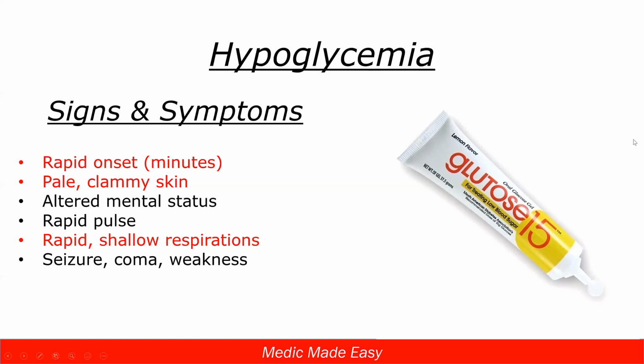So rapid onset, cool, clammy skin, and more likely you're going to see rapid and shallow. Specifically, the shallow is kind of the key word here for us, rapid and shallow respirations. You see those things, even before you get that blood sugar check number back, we can start to think, if we know our patient's a diabetic, we're starting to make some assumptions that blood sugar is probably low. If it started more suddenly, they have cool, clammy skin, they're altered, more likely going to have low blood sugar. Treatment for a low blood sugar,